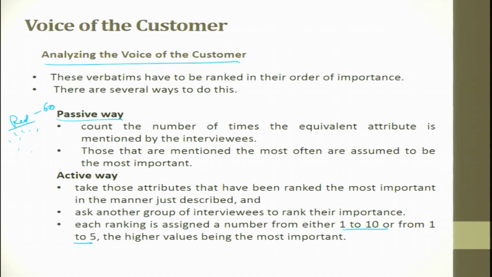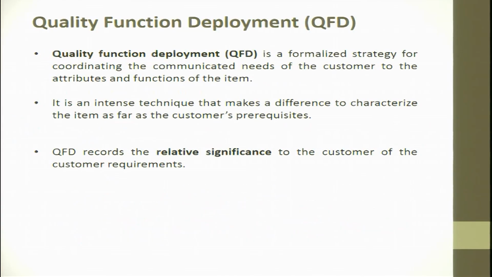So what you do is ask another group you have evaluated, then throw the cards to somebody else, call your neighbor, ask him to rank it. Then you see your ranking and his ranking, how does it match. Now what has happened is it has become active, the second person, third person gives the view. Passive is whatever they have given, from there you try to take a view.